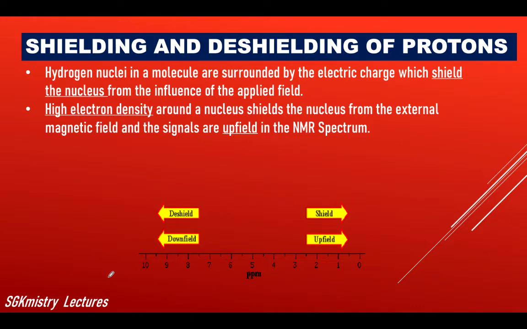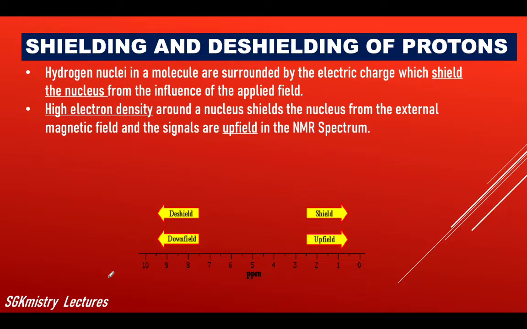First of all, you can just imagine this hydrogen nucleus which is surrounded by a particular number of electrons. These electrons surrounding the hydrogen, you can imagine as a shield of electrons around the hydrogen. So if there is a shield around hydrogen, when the magnetic field is applied to these nuclei, then because of the electronic shield, the effect of the magnetic field on the hydrogen nuclei will be comparatively low. This effect is called shielding of the hydrogen nuclei because of the surrounding electrons,